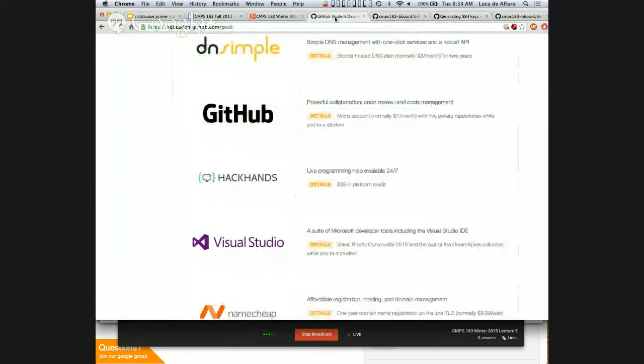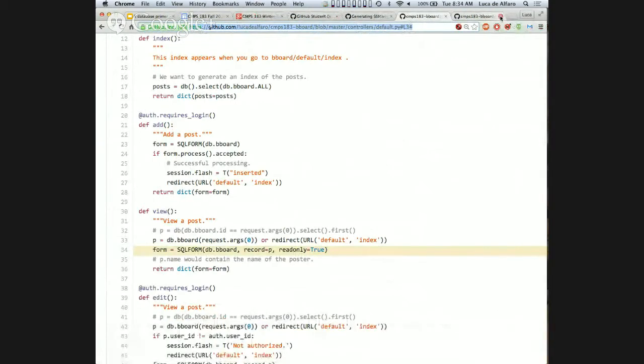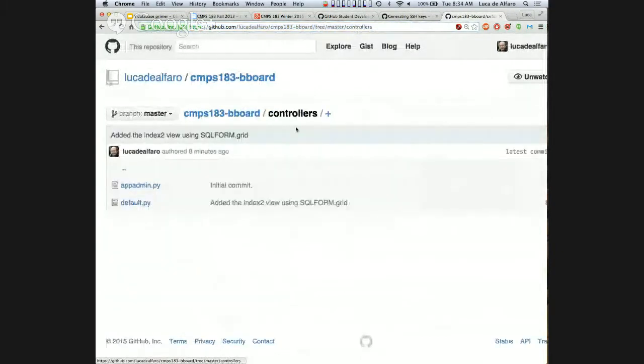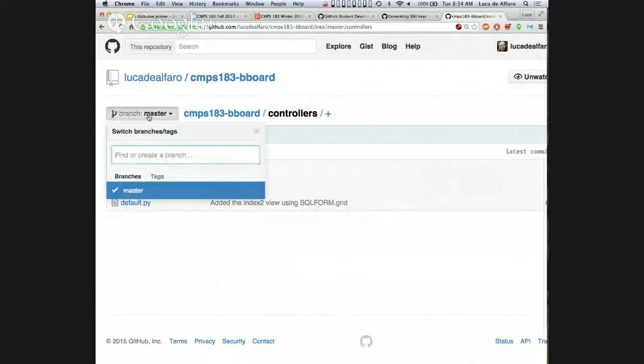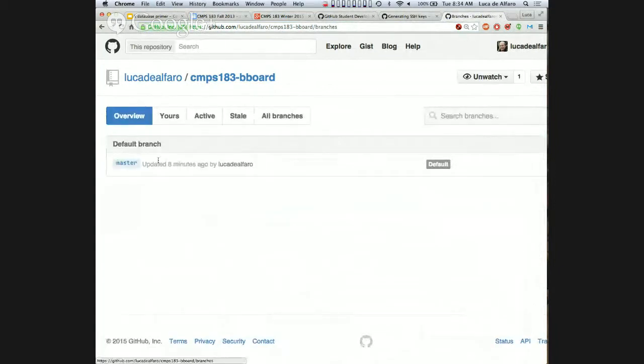Let me see where I am. Sorry, a bit of confusion. Here. This is a repository. Let me close this window. Okay, and I can browse the code as much as I want. I can look at the various branches. It's a little bit primordial. I wish it had a better way to visualize what's going on. But, whatever. We will use it in more interesting ways soon, okay?